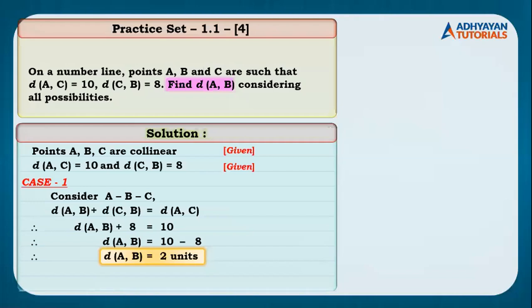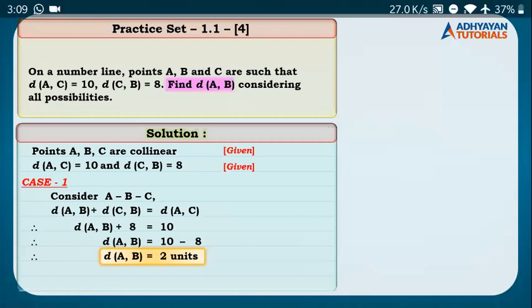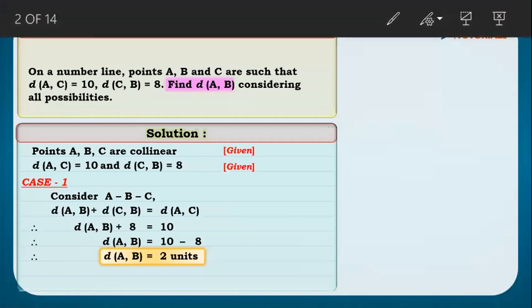So this, I want you all to copy this. Take a minute of yours. 1.1 question 4. The question is not yet completed. This is just a part of it. I want you all to attempt case 2 and case 3 by yourselves. क्या आंसर आएगा डिस्टेंस AB का मुझे बताओ. First you can copy this. Don't copy the question. Just go ahead with the solution. I'll give you 1 minute for this particular slide.